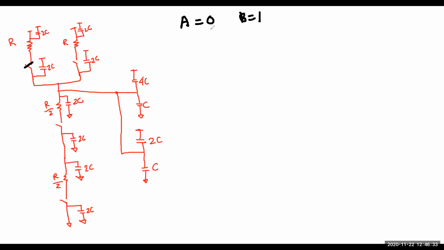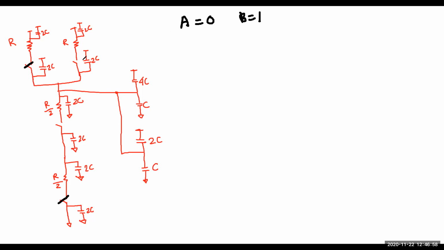For 0, NMOS is on or off? NMOS 0 is off. Off means it is disconnected. For 1, that means for B, this is B, right? So this is on, right? On means they are connected. Now I need to find out what is the connected and not connected element of our circuit.